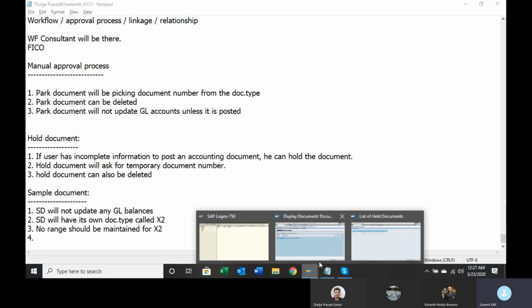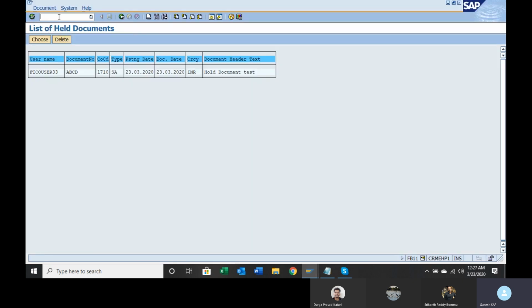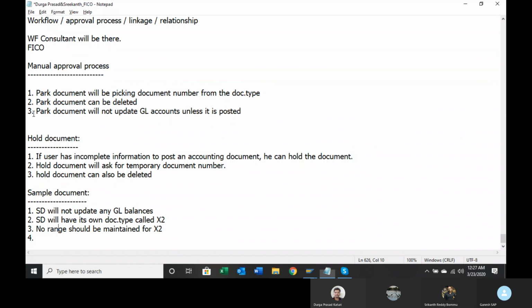Let us try to maintain the number range for the sample document first. Remember one transaction code: OBA7 is for document number ranges.